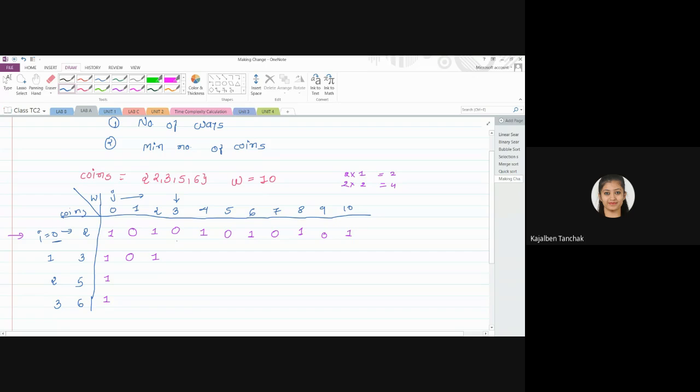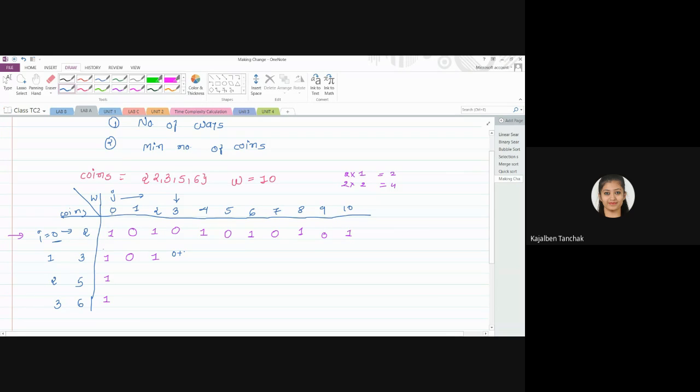So 0 plus C of 1 comma j minus coin value. The j value is 3, so 3 minus 3, go to column number 0. What is the value of 1 comma 0? Row number 1, column number 0.